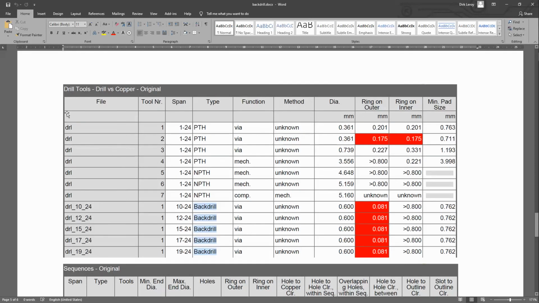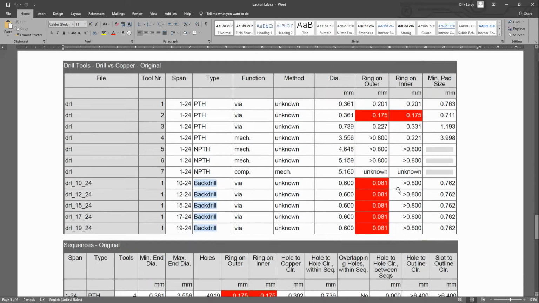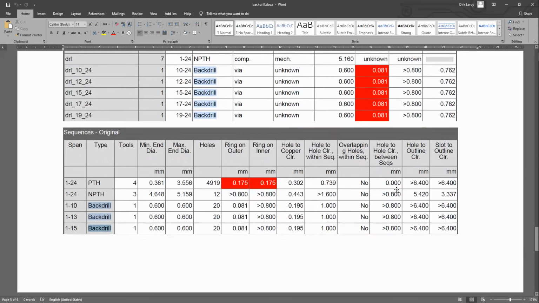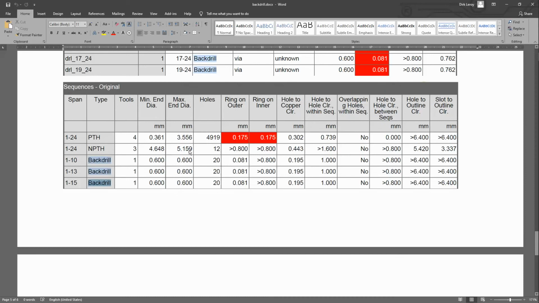From the drill point of view, sorry, not the drill perspective, that's something else, from the drill point of view, the drill versus copper clearances will be listed here, and so on and so forth. So there are quite a few sections in the QED report that will now talk about backdrill,